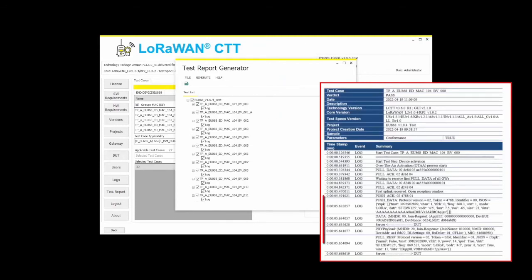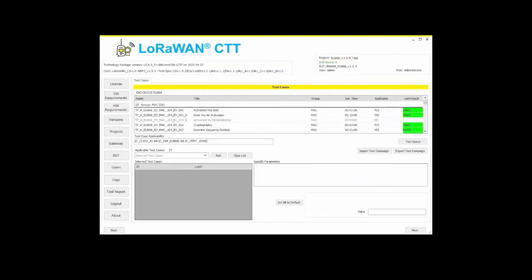Here you could also find the details of all LoRaWAN messages sent, including the radiation parameters used, like frequency and the data rate. This will help you to understand and analyze your issues if you find some. If you would like to request the certification by Similarity for your product for LoRaWAN version 1.0.4, additional to the